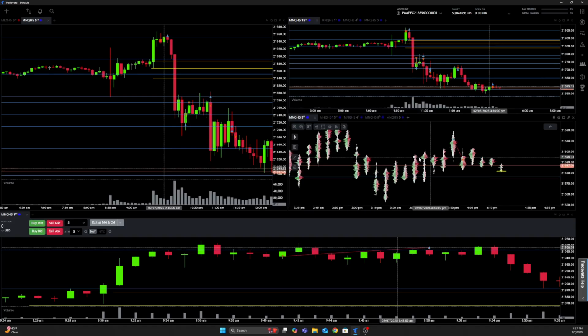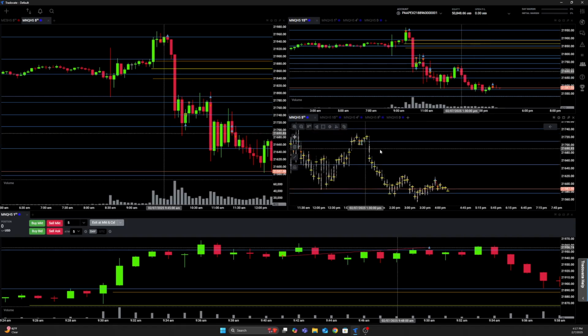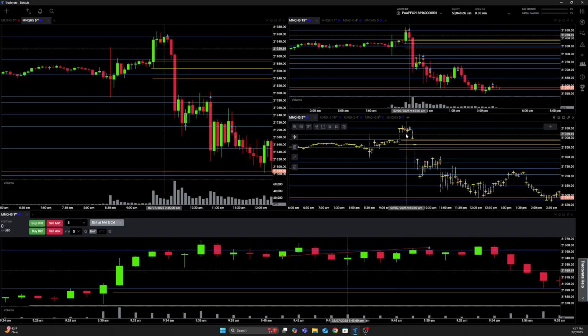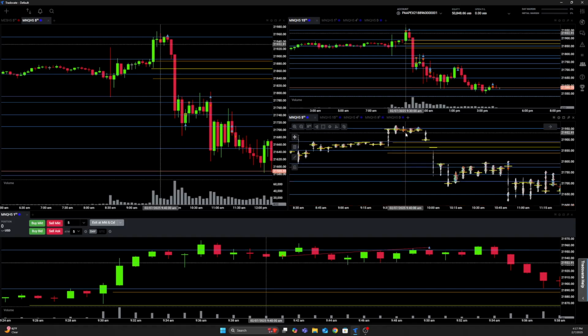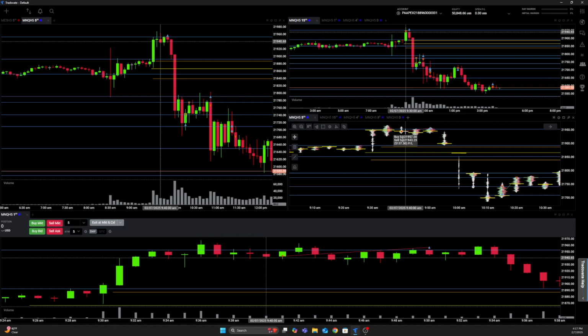This is my first mistake on the day, my very first trade. It was a great trade, but I exited. I took myself out of this trade rather than letting it hit my stop loss or my take profit, which is a classic rookie mistake. And I took a loss on what otherwise should have been a nice win.